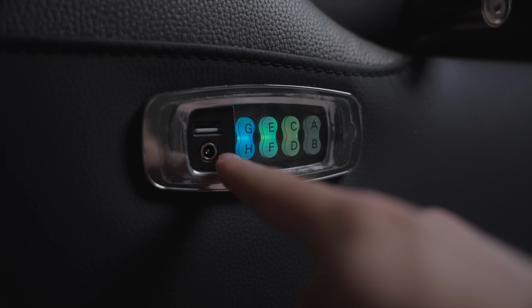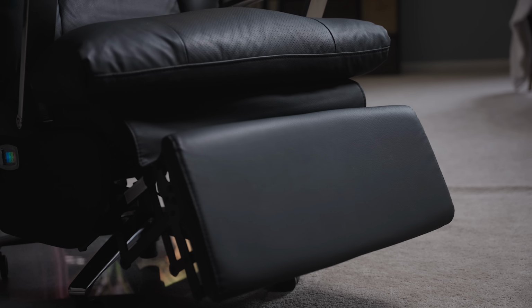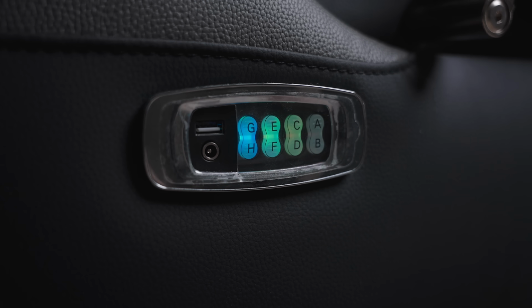It has a heated seat, a ventilated seat, which there's a heat wave right now. I should probably have that on. All of that stuff is cool, but I don't use it that often. I usually just recline it and sometimes adjust the footrest. The only downside about this chair, besides how heavy it is, I think it's 75 pounds, is the controls. You kind of got to memorize what letter corresponds to what function, but once you get the hang of that,